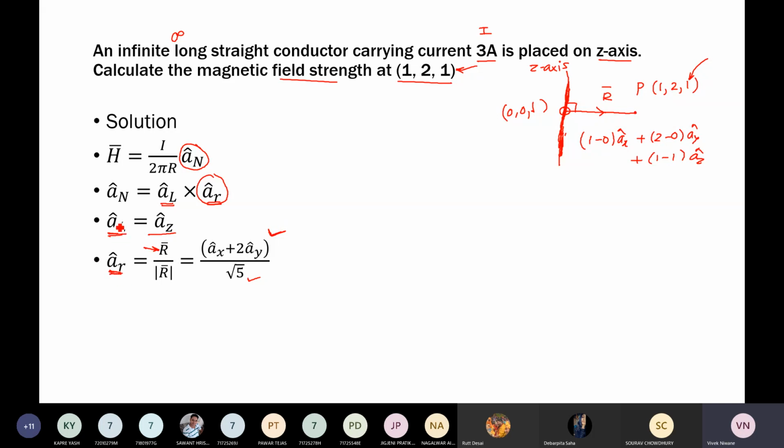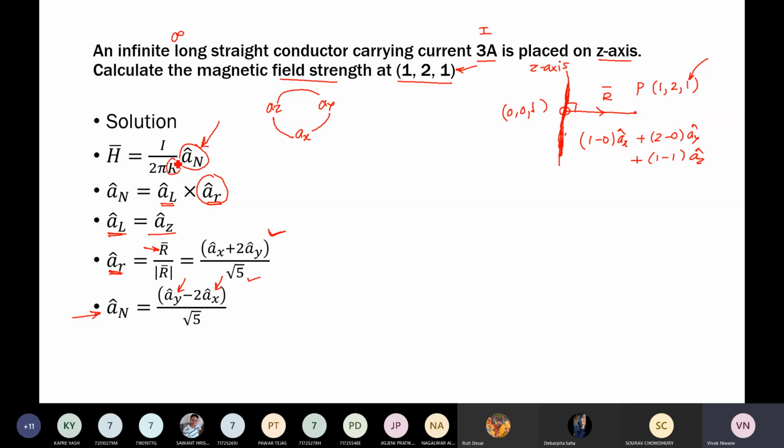We have an expression for dl cap, so we can get an cap expression. You can observe the change over here. Now we have ay and ax. Everything has a rule: ax, ay, az. Ax cross ay will give us az cap, ay cross az will give us ax cap, and az cross ax will give us ay cap. So we have an expression for an cap. Put an cap over here.